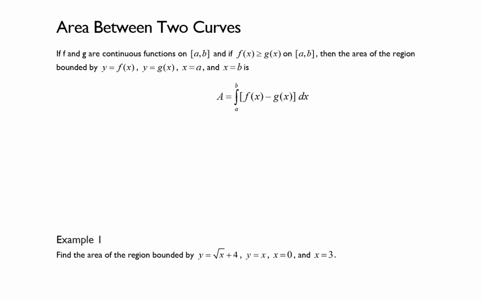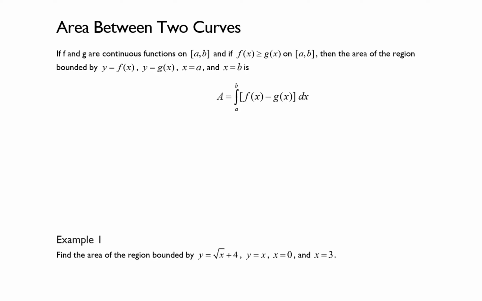In this section, we're going to be talking about how to find the area between two curves. If f and g are continuous functions on the closed interval a to b, and if f of x is greater than or equal to g of x on that interval, then the area of the region bounded by y equals f of x, y equals g of x, x equals a, and x equals b is given by the formula